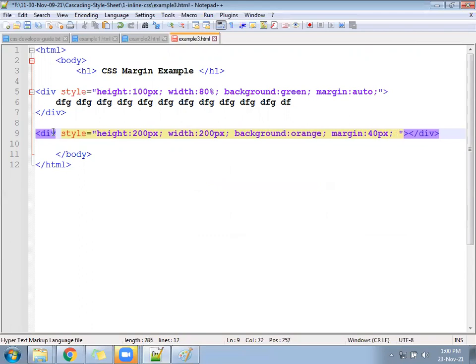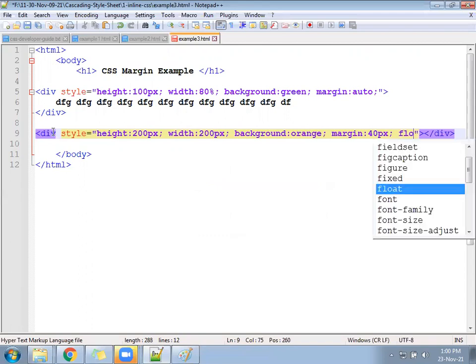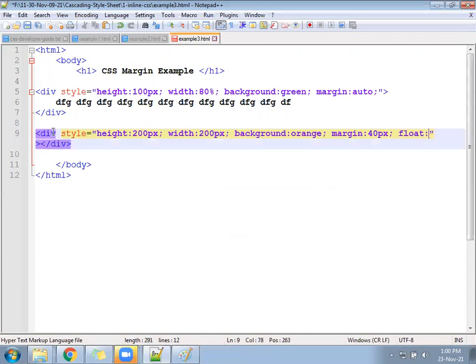And again float colon left. So we are saying a division has to take height 200, width also 200, background should be orange color, and margin should be 40 pixels.